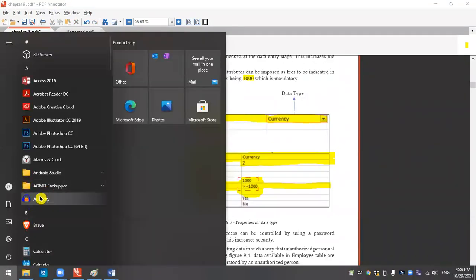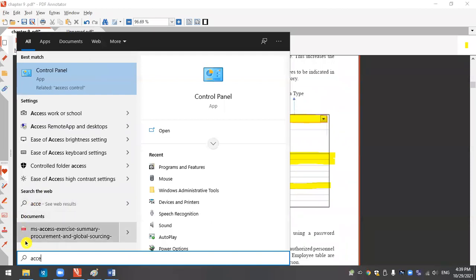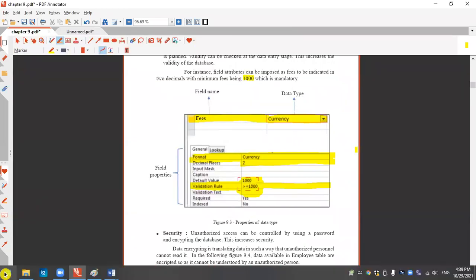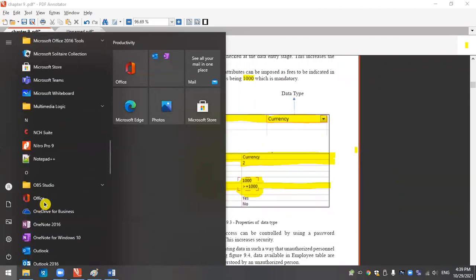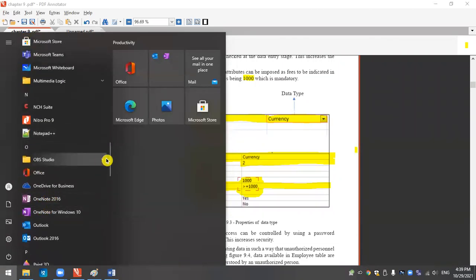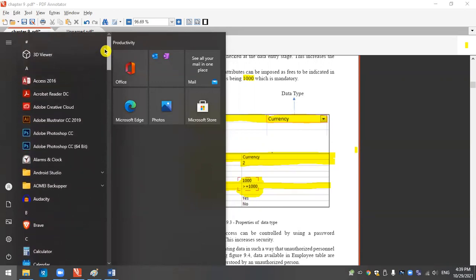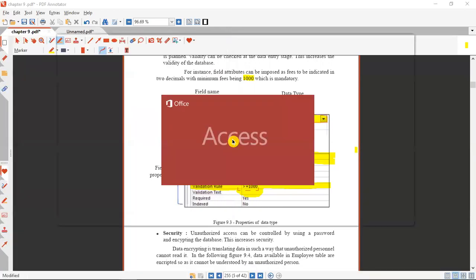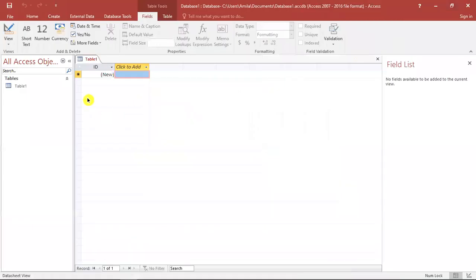When we start Access, let's say MS Access, this is a table.